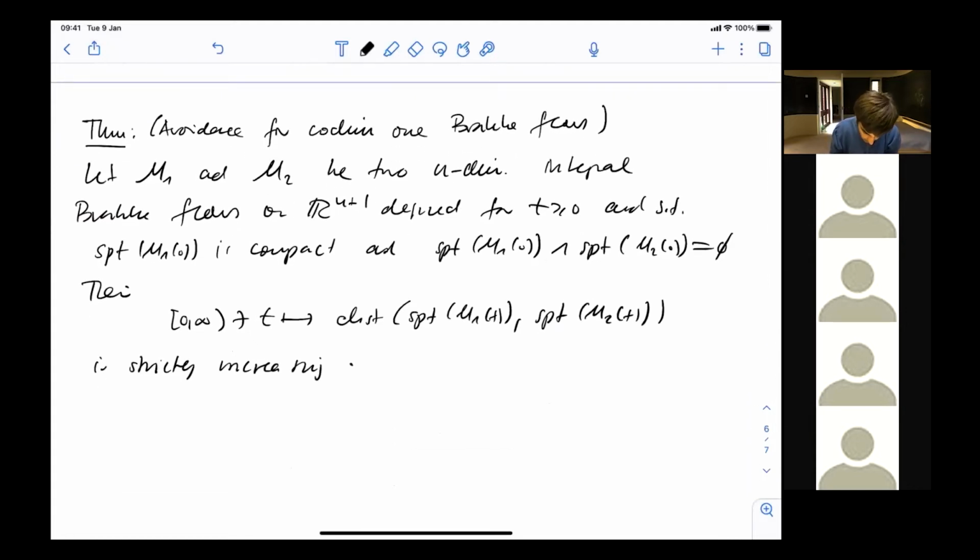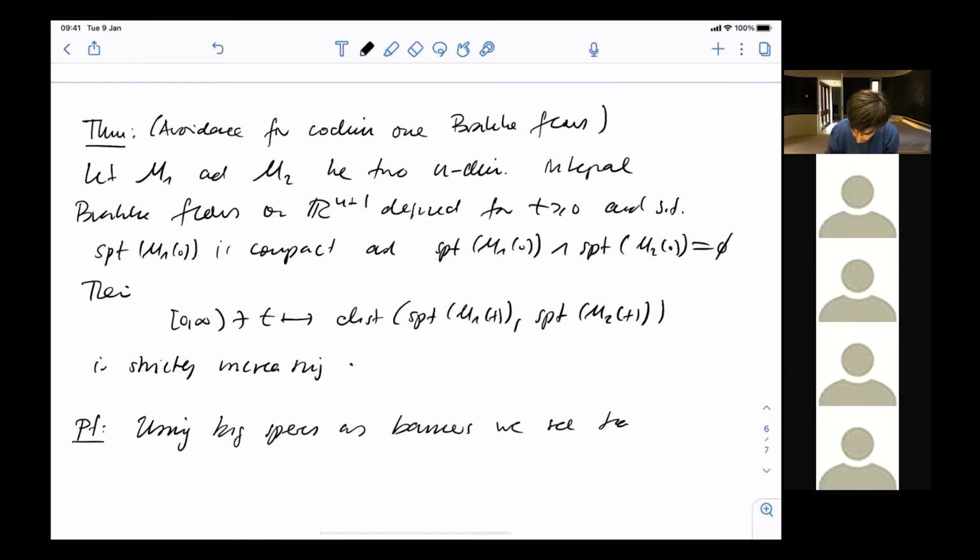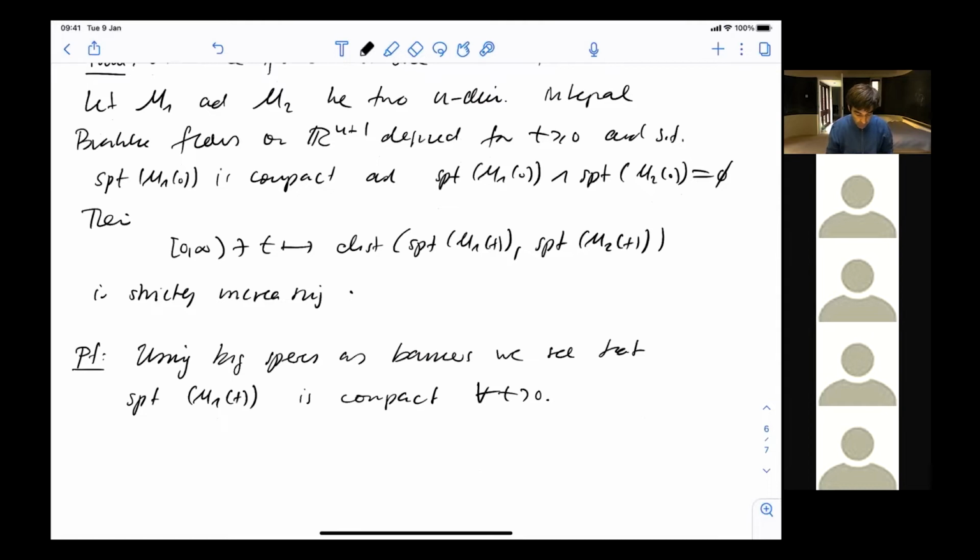Okay, so let's do the proof here. Using big spheres as barriers, we see that the support of M1 at time t is compact for all positive times. Yeah? Now we know that we can take smooth hypersurfaces moving by smooth mean curvature flow as barriers, especially big spheres. So this stays compact, yeah,